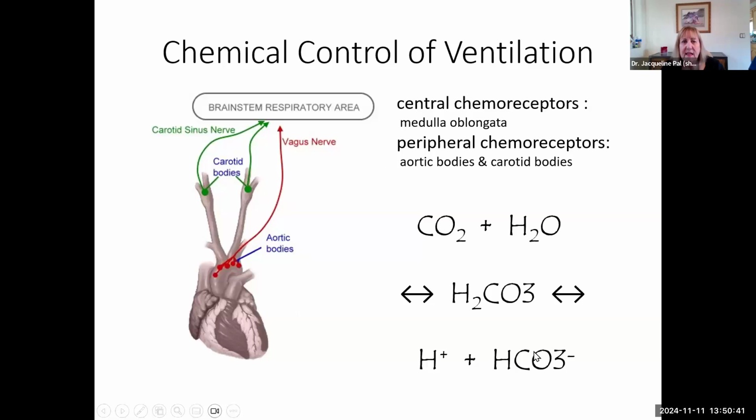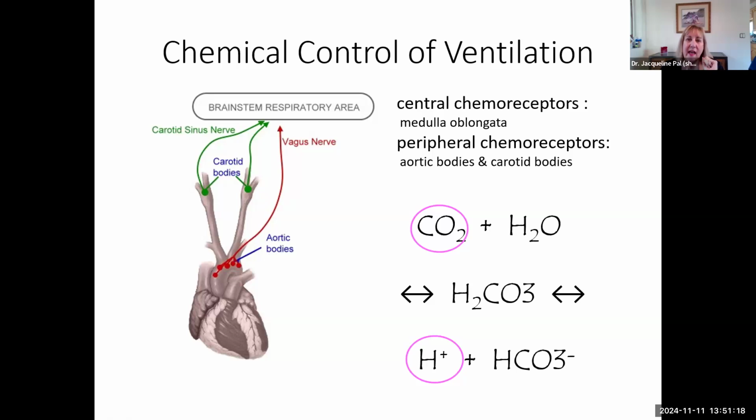And basically, notice the information is not monitoring oxygen levels. Everybody thinks breathing rates are based on oxygen levels, but they're not. It's monitoring carbon dioxide levels, but it's monitoring indirectly by looking at your pH, which has to do with your hydrogen ion levels. So pH has to do with hydrogen ion, which has to do with carbon dioxide, not